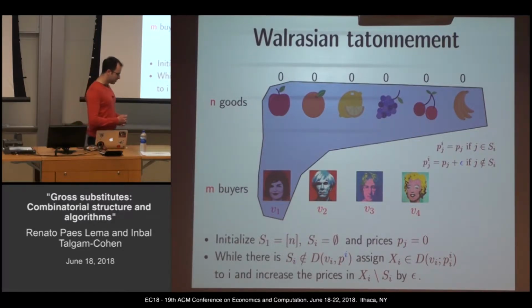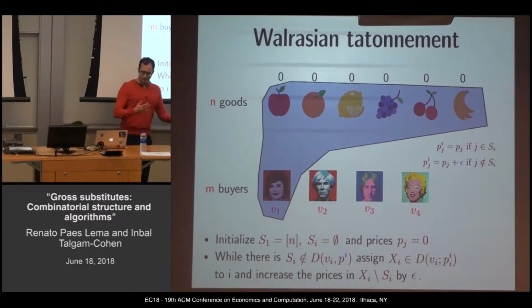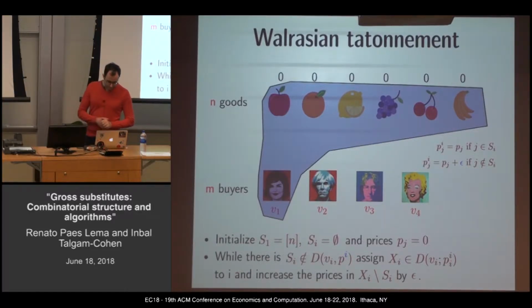If the items are over-demanded, so more people want the items than you have supply, just increase the price and demand will go down. If the items are under-demanded, so no one likes them, decrease the price and someone will buy. And if we keep doing that, eventually we'll reach equilibrium. That was a heuristic that he came up with, and that's what tatonnement is. Tatonnement is a French word, which means trial and error. Just keep trying, keep adjusting the prices, and eventually things will be fine.